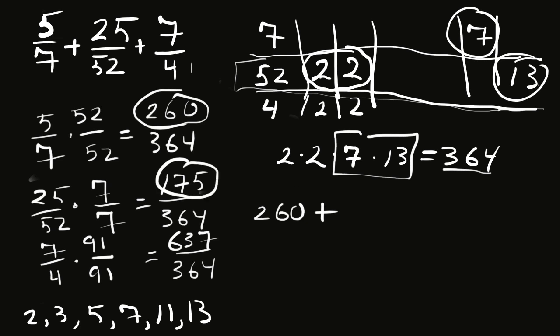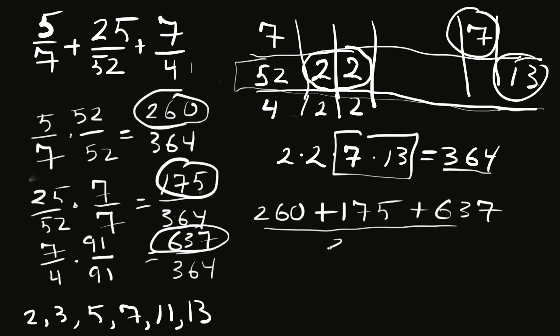Now when we add them all together, our 260 plus 175 plus 637, all of them over 364, the total is going to be 1,072 over 364. And if we wanted to simplify that, and obviously we can because they're both even numbers, we divide the top and the bottom by 2, and if we did that a couple of times, we would find that the fraction reduced to